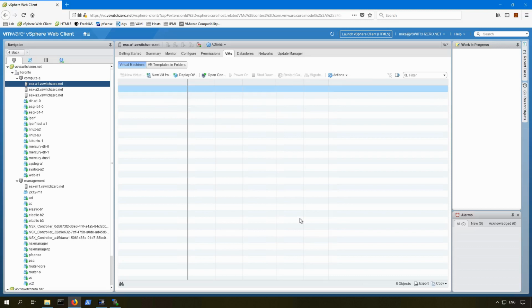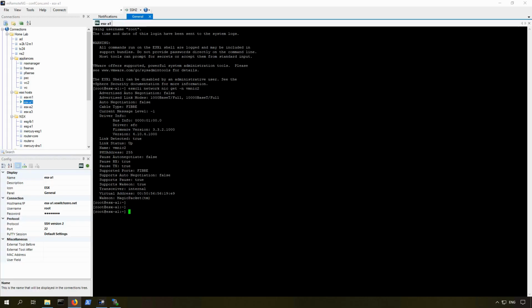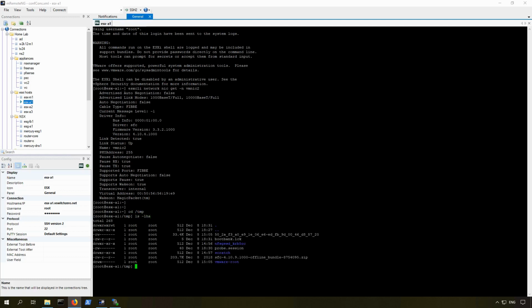And the magic of 10 gig networking makes really quick work of that. So it's now in maintenance mode, ready to reboot when I need to. So I'll go back over to the command line here, and I'm just going to navigate over into the temp location where I uploaded the file. And here it is, 203 kilobytes. So in order to install this,